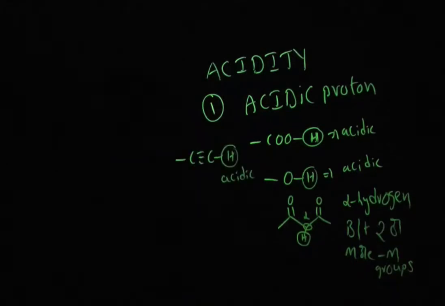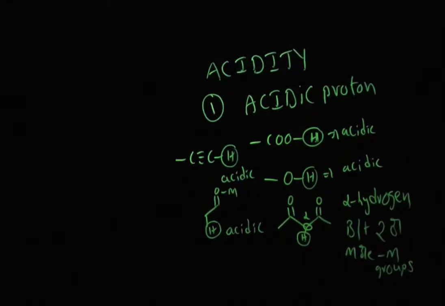The hydrogen of an alpha carbon directly connected to one minus M group, something like this, where this is a minus M group, this hydrogen is somewhat acidic. This order you must remember. If you remember this order, you can solve any question in organic chemistry regarding identifying the acidic proton. The first proton, the hydrogen of COOH, is the most acidic. Second will be the hydrogen of OH. Third will be the alpha hydrogen between two or more minus M groups.